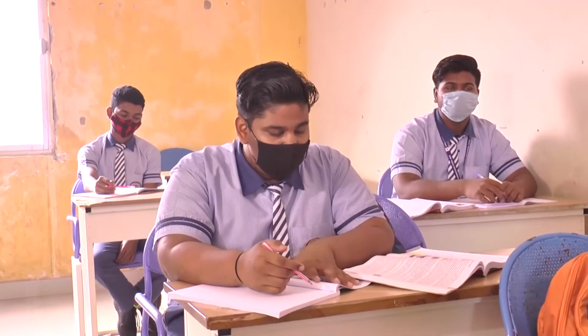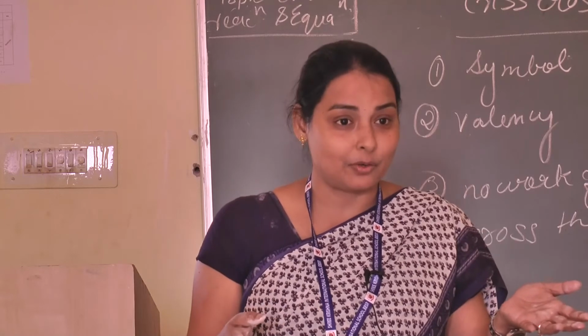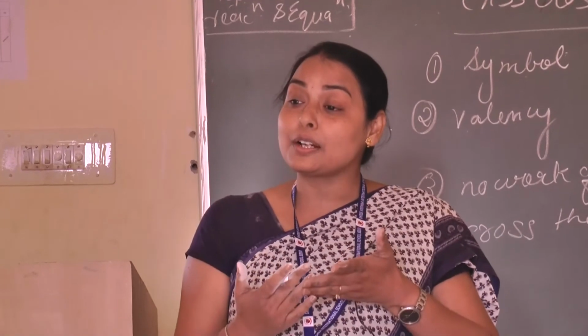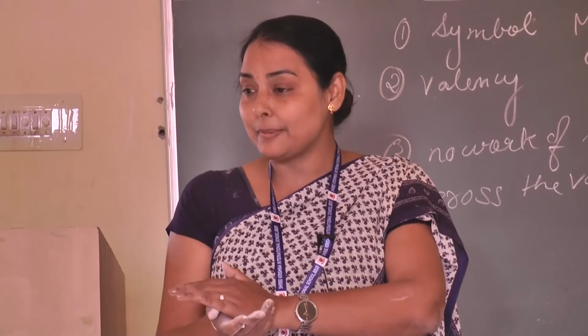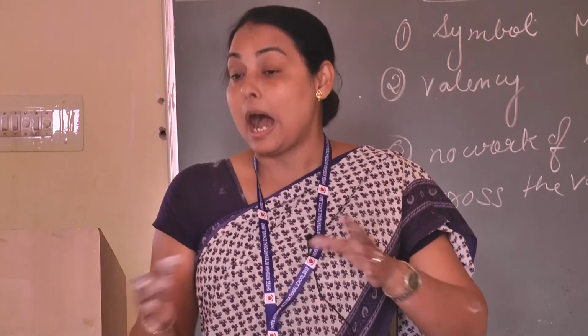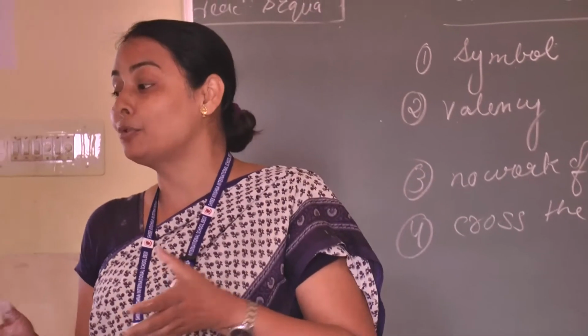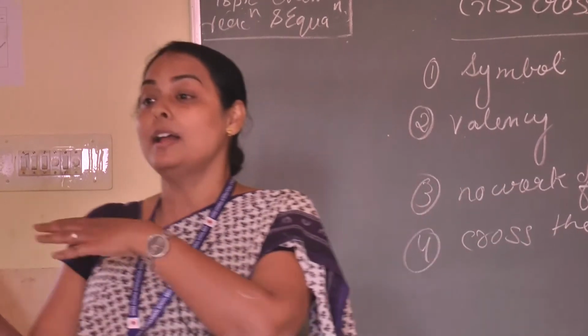Nothing else is there in this chapter. Chemical reactions mean what? We will be getting a new product, a new substance. Got it? What are the types of reactions? Combination, displacement, decomposition, double displacement, oxidation, reduction and redox. Out of these, what we have to do? We have to make formulae. With the formulae, we have to balance the equation.